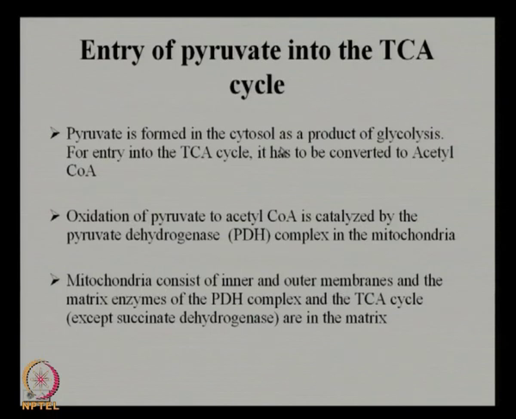Pyruvate is formed in the cytoplasm as a product of glycolysis. For entry to the TCA cycle, it has to be converted to acetyl CoA. Oxidation of pyruvate to acetyl CoA is catalyzed by the pyruvate dehydrogenase enzyme complex, which is present in the mitochondria